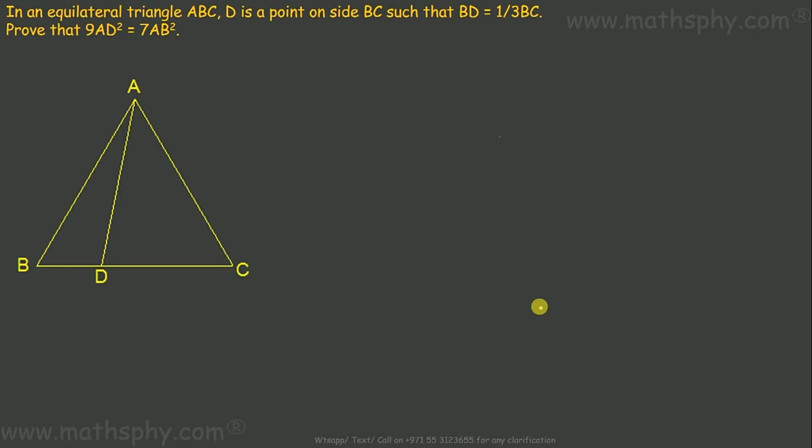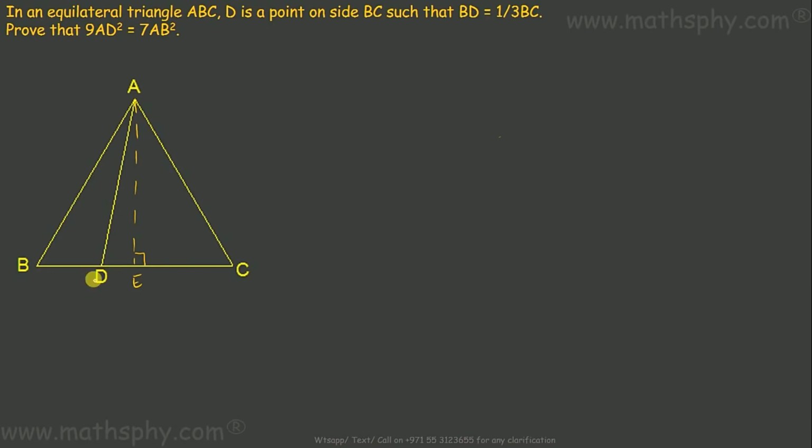Okay, these questions are more of brain twisters. ABC is an equilateral triangle. Let's draw a perpendicular from A to BC like this. Let's name this as E. Since ABC is an equilateral triangle, the perpendicular drawn from A to BC will be a